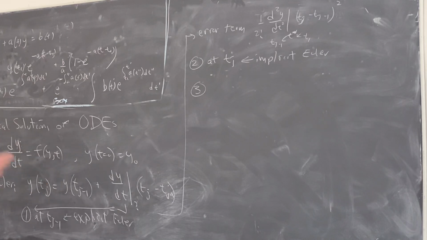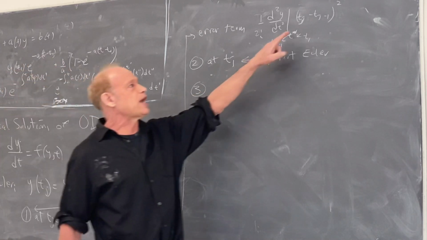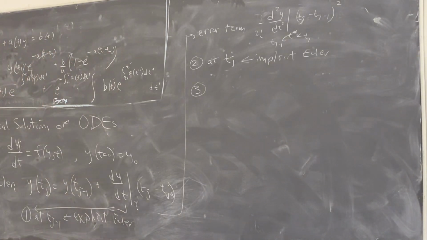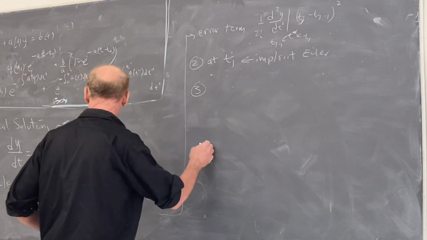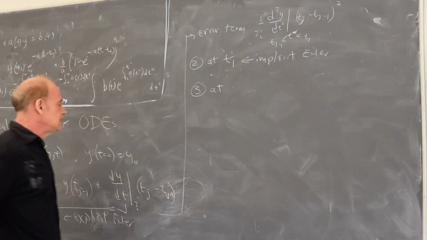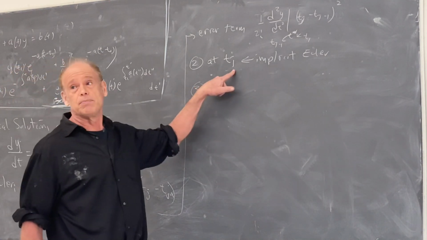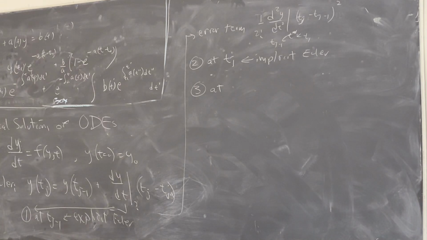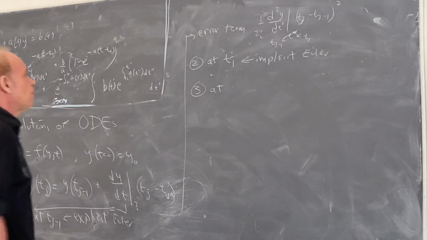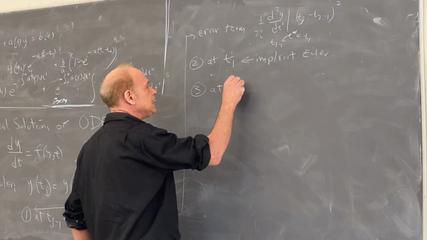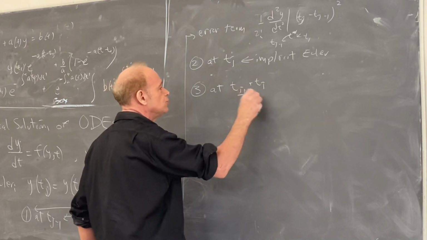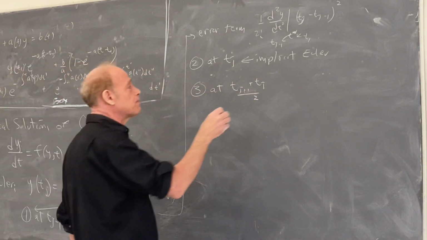How can I decrease the error? Instead of having it go as tj minus tj minus 1 squared, I can try to make it go as a higher power. One way of doing that is to evaluate not at the left endpoint or at the right endpoint. It would be better if I could evaluate at the middle. The middle is a better approximation, but I don't know the value of the middle. So I can try tj minus 1 plus tj over 2, but I don't know that exactly, so I can approximate that